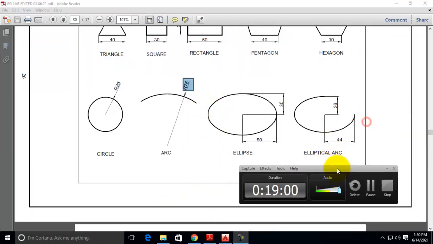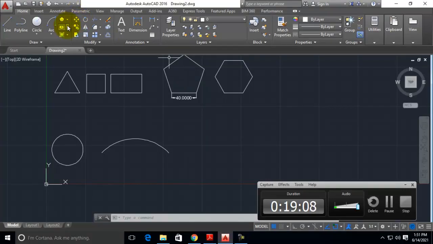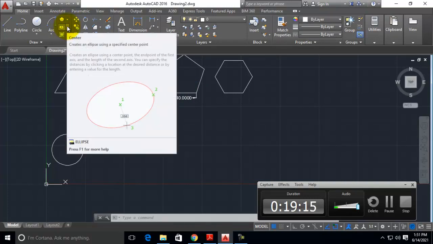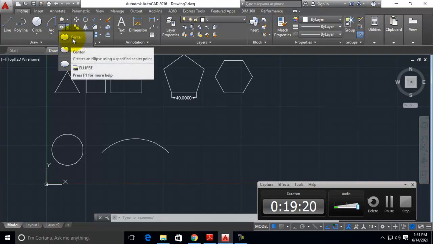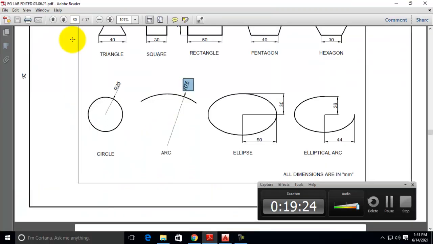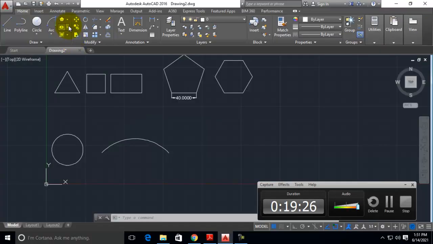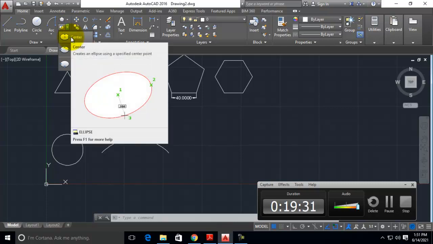Next one is ellipse. For drawing the ellipse, below that polygon or rectangle option, there will be a center option available. If you click it, it will have two options. It creates an ellipse using a specified center point. That is one method. We need to draw a closed ellipse, so we have to select the first method, that is